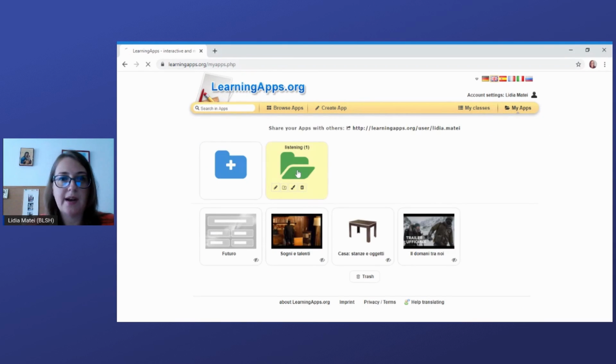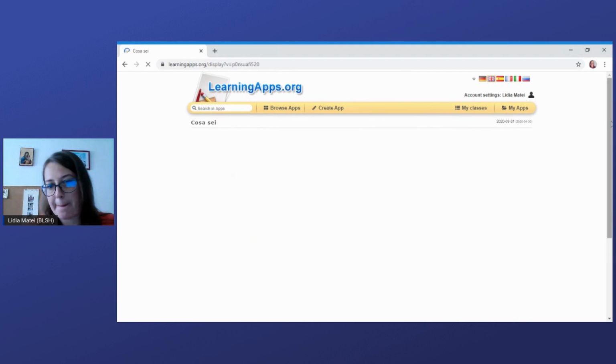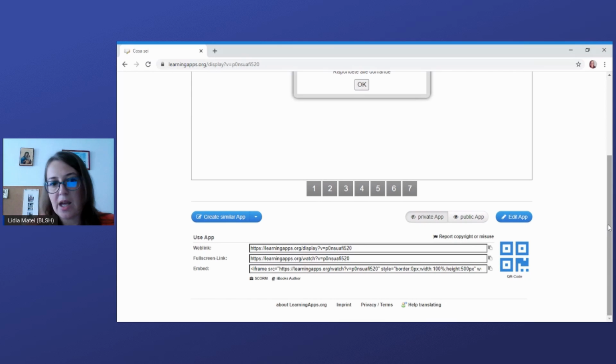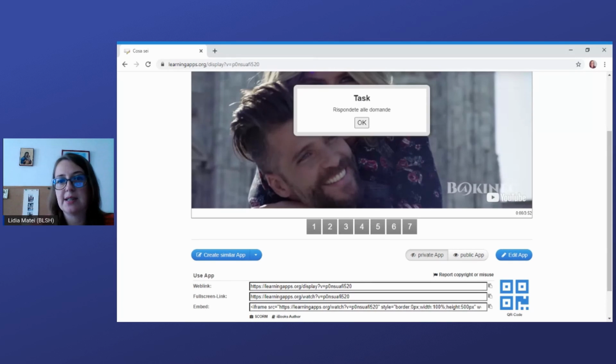For example, I am going to access another one, the same activity. And you can see here the web link, full screen link, embedded one, so you can share to your students and they can listen even as a homework or as an extra activity if they like to listen to songs or if they want just to practice